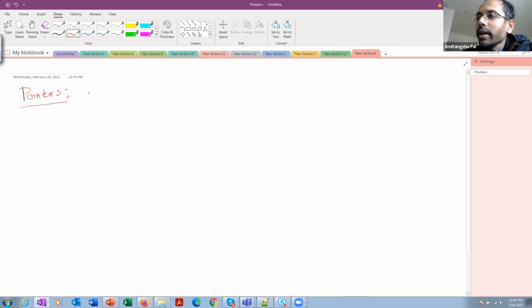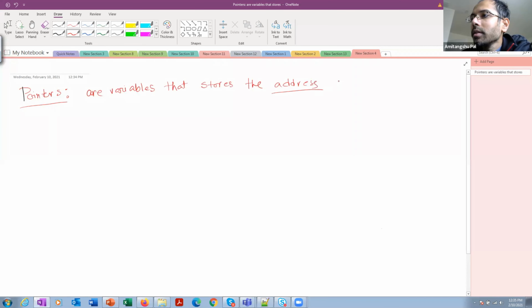Okay, pointers are variables that store the address of other variables. Pointers are also variables, but as opposed to a typical integer, float, double, or character, a pointer stores the address of other variables. Other variables store the value of an integer or the value of a float. A pointer stores the address of those variables.